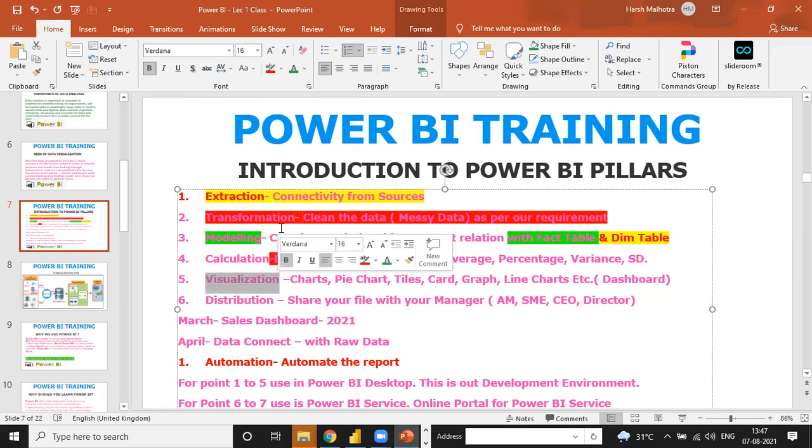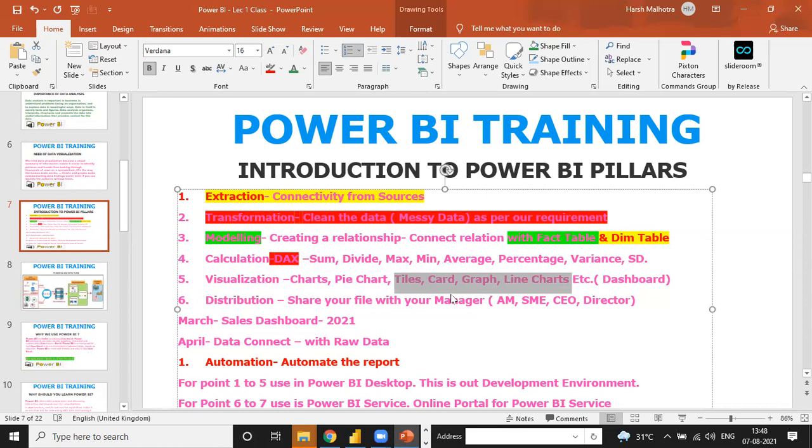After making these changes, the visualization step is very easy because you just drag and drop your data into a table or form. You create charts such as pie charts, tiles, cards, graphs, and line charts as per your requirement.